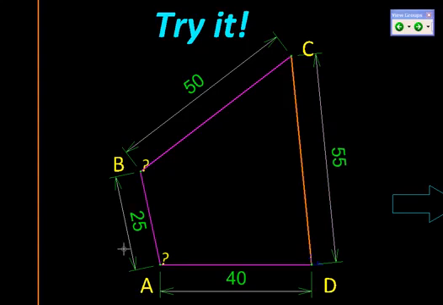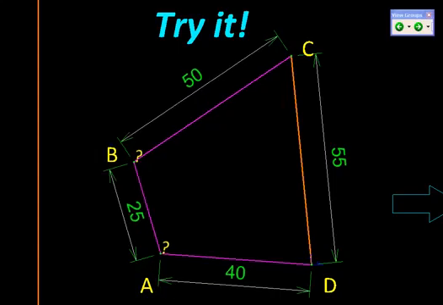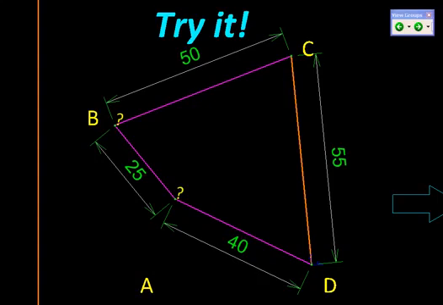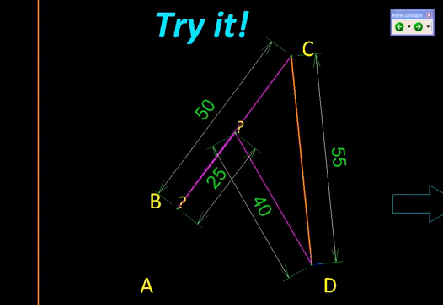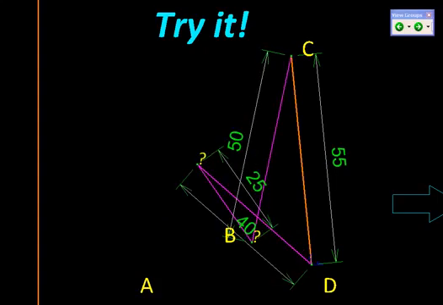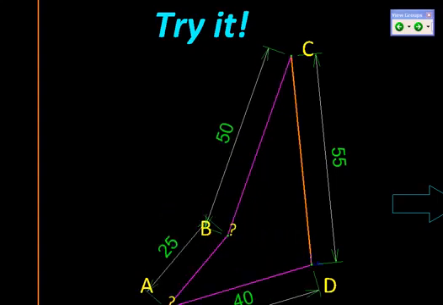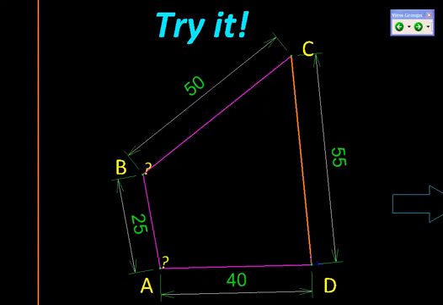Now suppose we fix a different link, say link CD this time, then we will get a different input-output relationship. So now we don't have any crank at all, but there are essentially 2 rockers